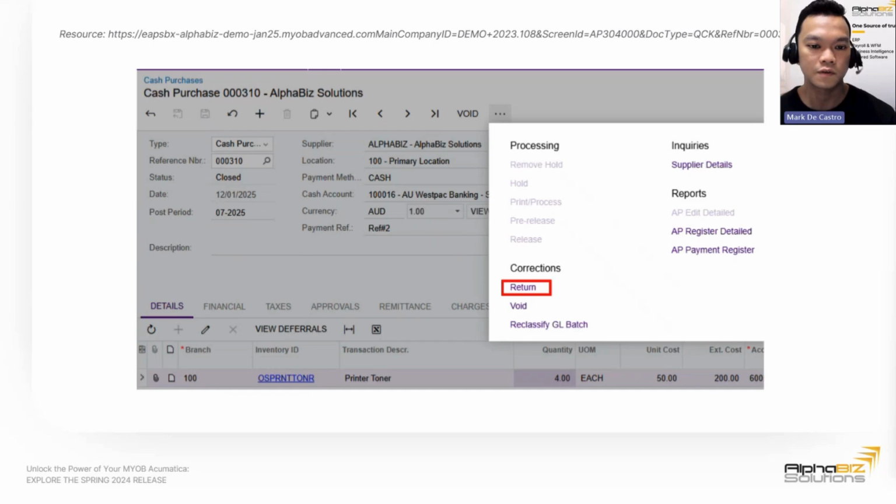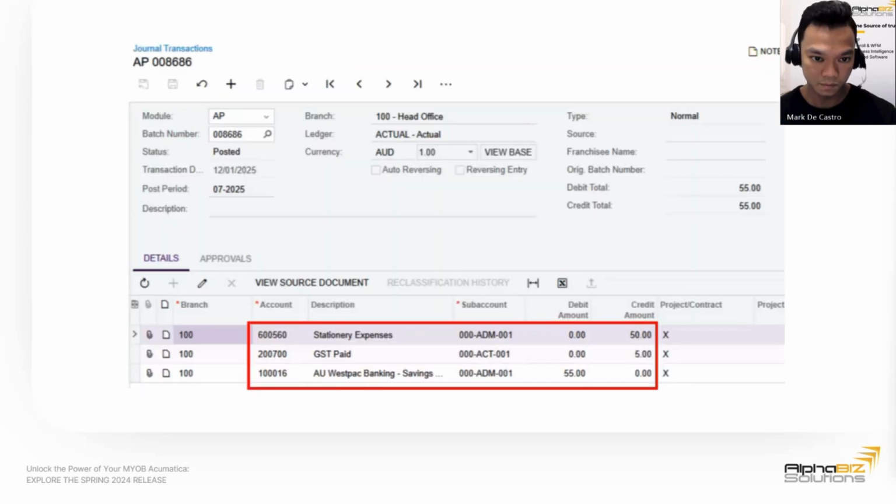now with the 2024.1 version, users will have the ability to return this cash purchase to create a full or a partial refund for items that are paid for immediately. As you can see, there's a button for return now. Before it was just void. So if you go into the next slide, once the return has been released, you can drill down into the journal behind that document, which is on this screenshot. And you can see that it has reversed the portion of expense and taxes and refunded the cash to our bank account.